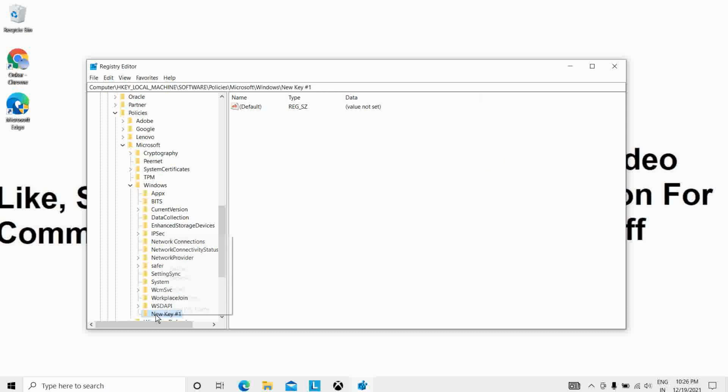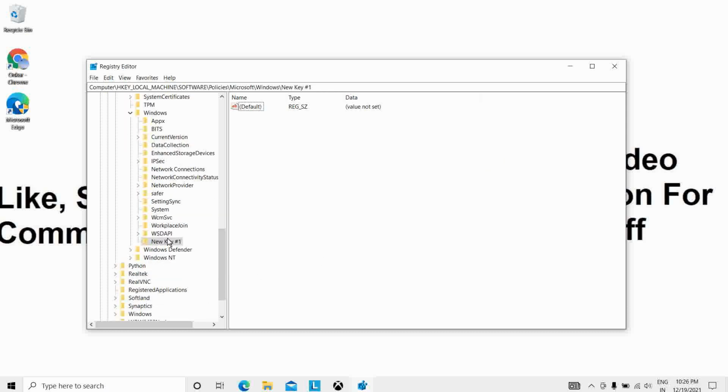It's telling me so, so I will just delete this. I already have the New Key #1 folder, so you will not be able to do it.